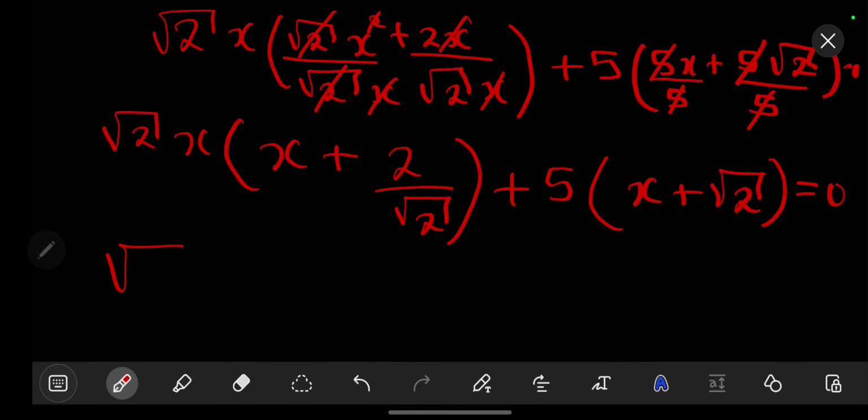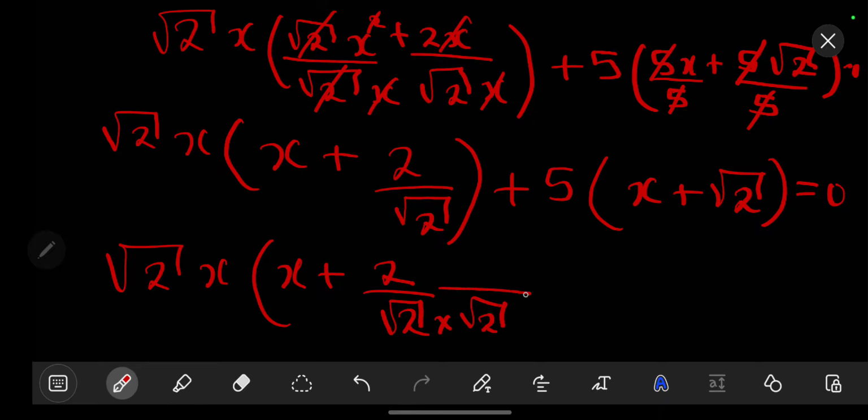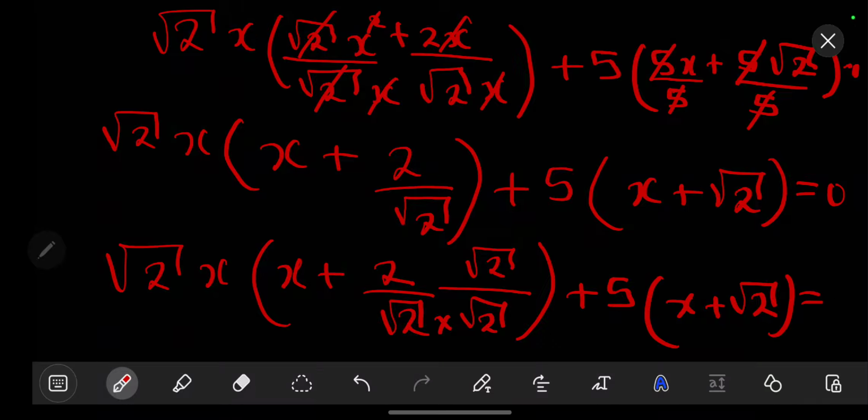So what we are going to do is say square root of 2x, then we have our x plus, find the conjugate of this number, meaning to say just multiply by the square root of this number. So you are going to have 2 over the square root of 2 multiplied by the square root of 2 on top, if you remember your conjugates. Then this should be plus our 5, our x plus the square root of 2, which should be equal to